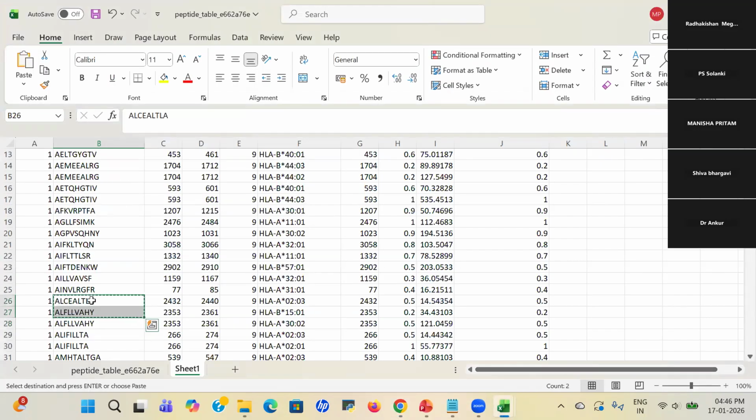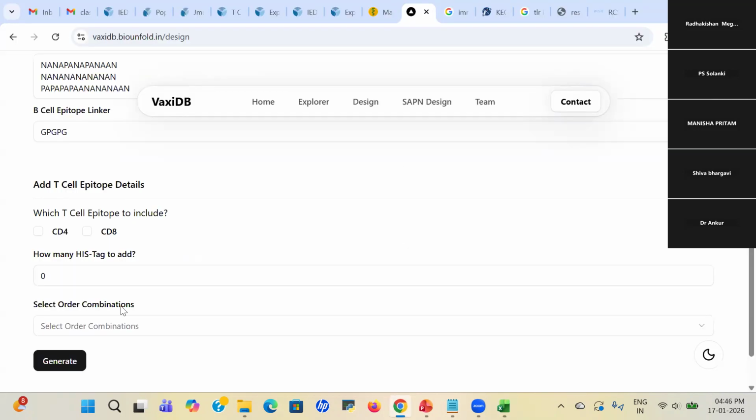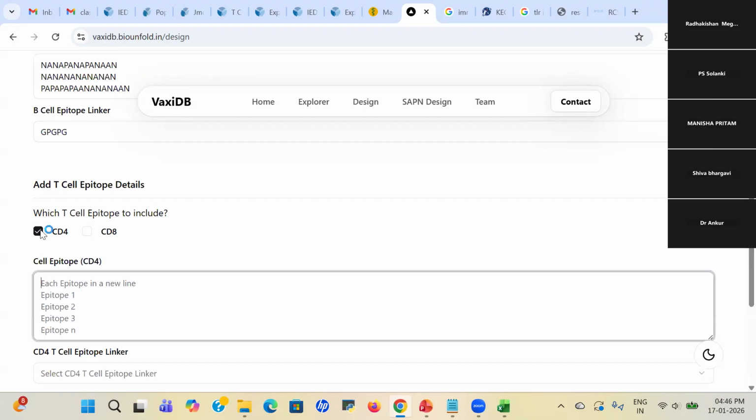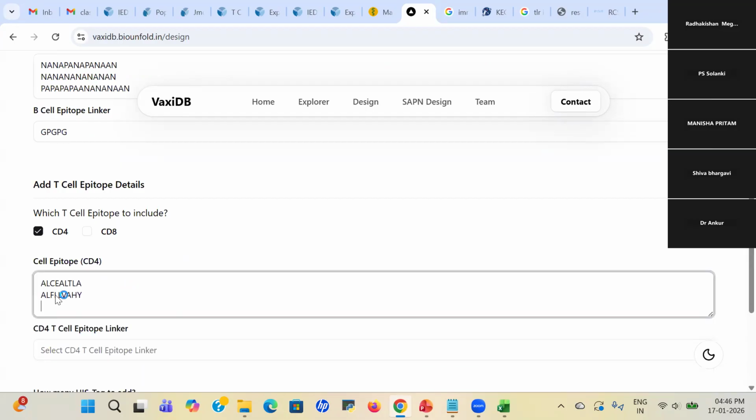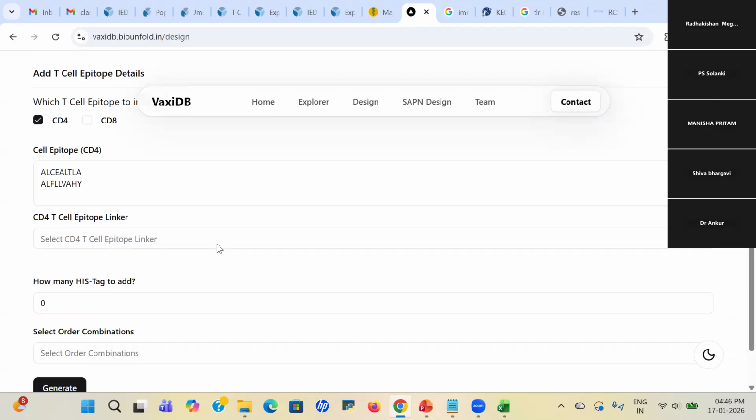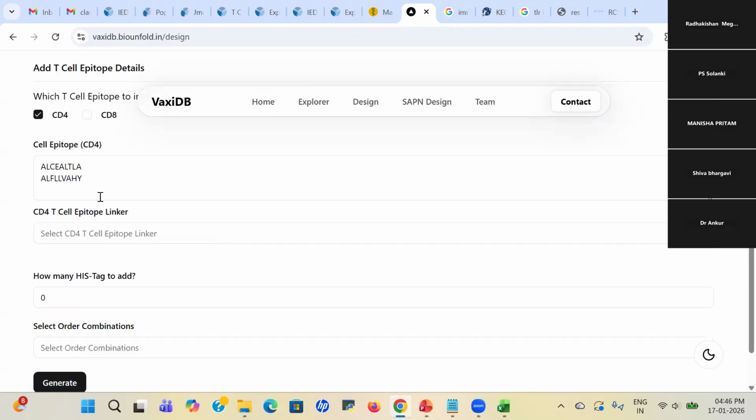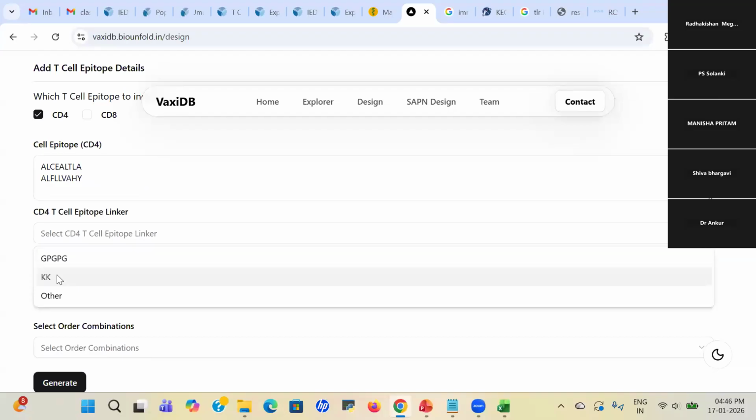T cell epitopes. So I'm taking these two T cell epitopes, and you can paste. So we predicted CD4, so I'm typing CD4 here. If you predict CD8 T cell epitopes, you can also use CD8. For now, we have only CD4, so I'm just pasting here. Now you select your linker,